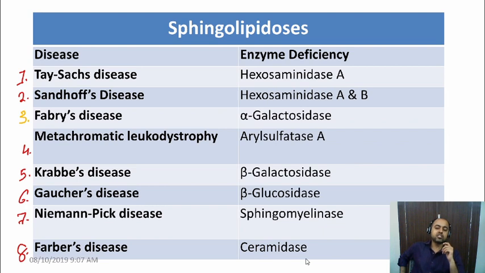In which all conditions the sphingophospholipid will accumulate in the body? The sphingophospholipid, also known as the sphingomyelin. That's your hint. Send in your answers fast. Please note, among the whole list, the sphingomyelin accumulates only in one condition, and that is